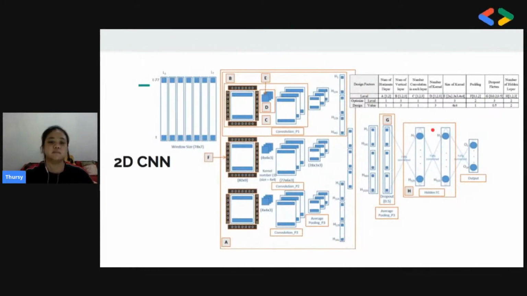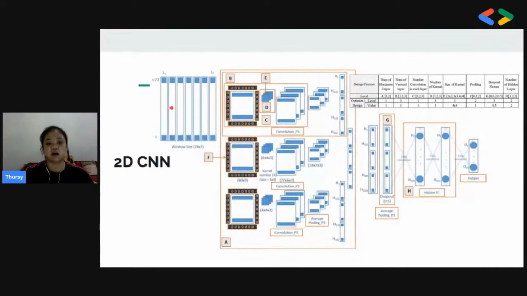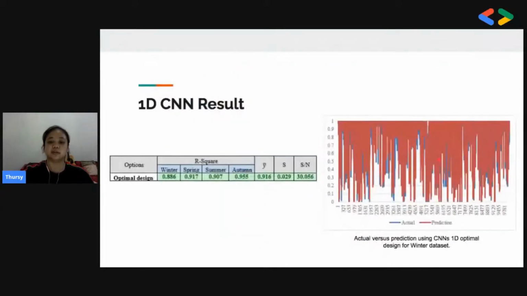2D is the same, but instead of using one-dimensional data, where I use the Fuhai wind farm dataset to predict the Fuhai wind farm dataset, in this case I use 7 different locations' information to predict the Fuhai dataset. That's why it can become 2D and be processed using 2D CNN. After that, this is the filter, then convolution, subsampling, flatten, concat, hidden FCN, output. So it's similar, just 2D data.